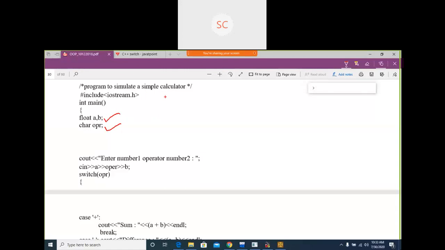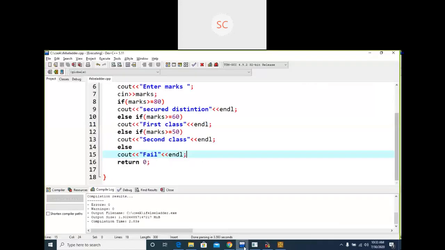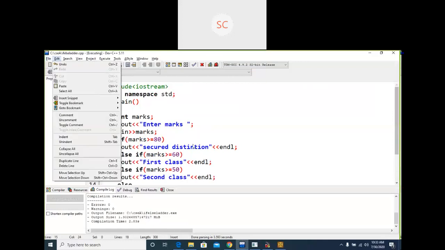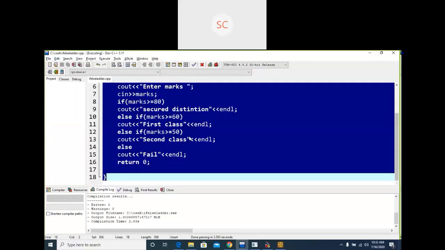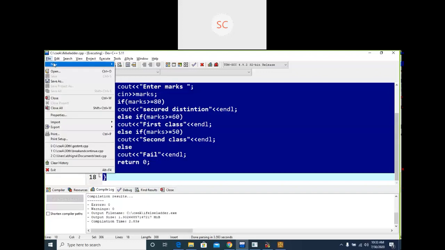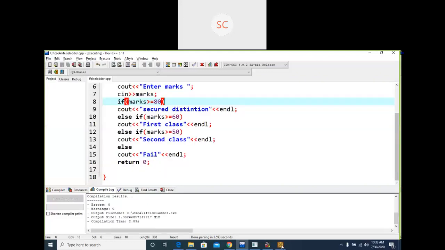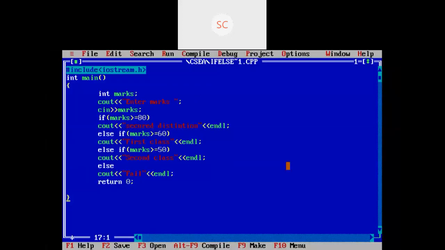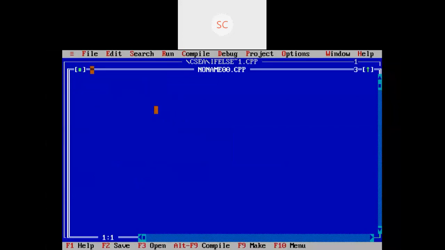Instead, I will show it directly in the compiler itself. I will take one new file here, or else we could write within this file, but then you will observe some difference. So I'm going to take one new file.